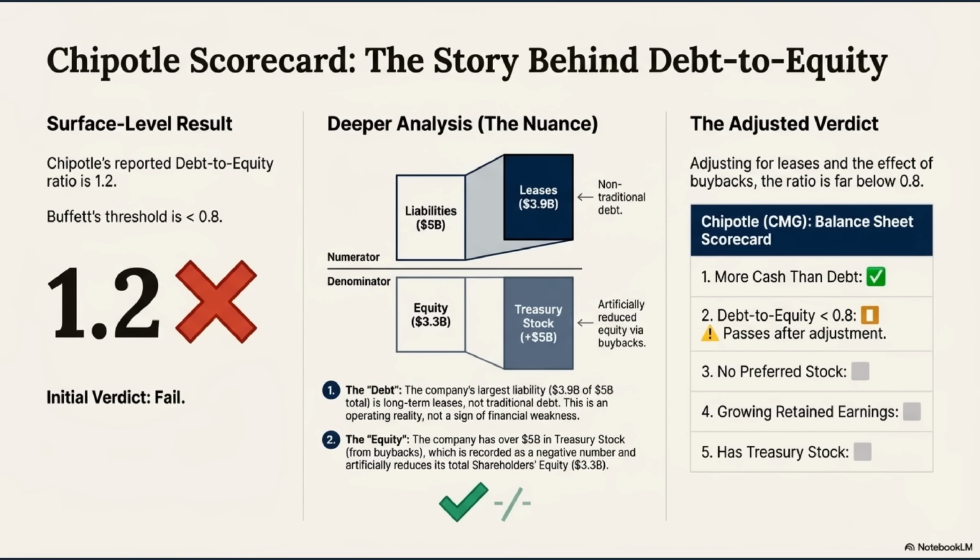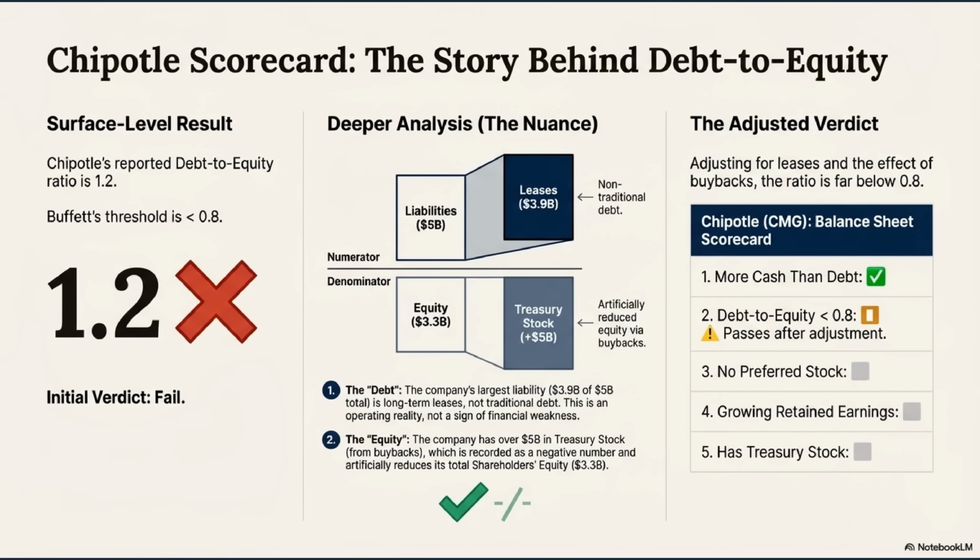Right. It shows they're using excess cash, not just to run the business, but to actively return capital to shareholders. By reducing the share count. Which makes every remaining share more valuable. It's a huge signal. Management is essentially saying, we think our stock is the best investment we can make right now. It signifies a real commitment to enhancing shareholder value.